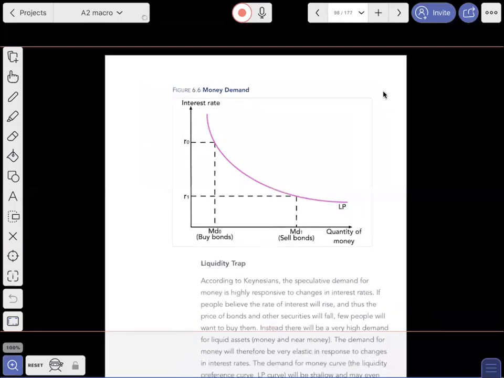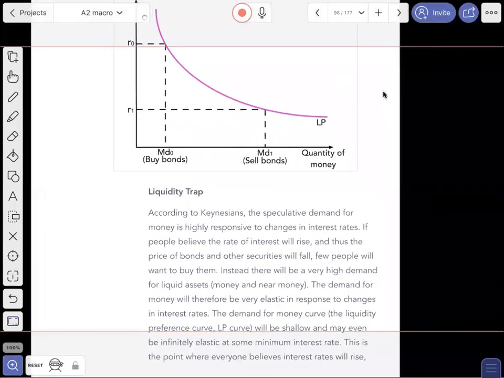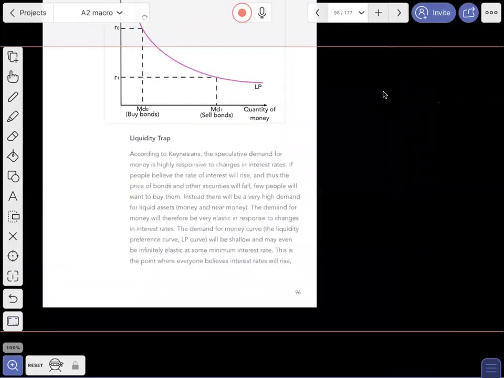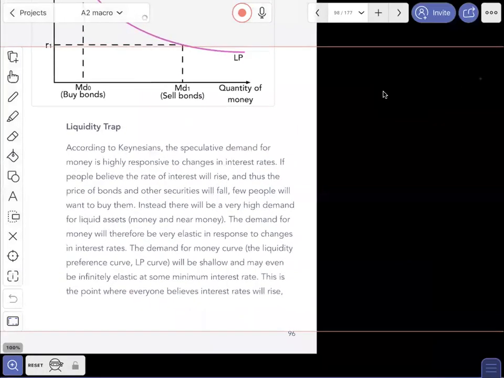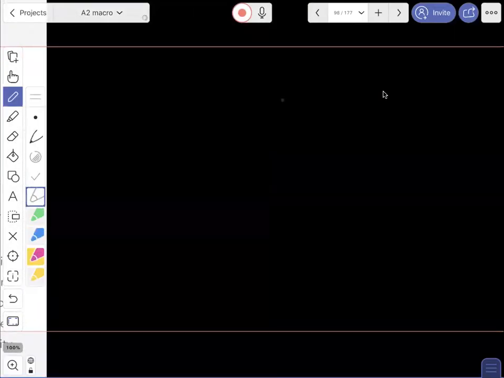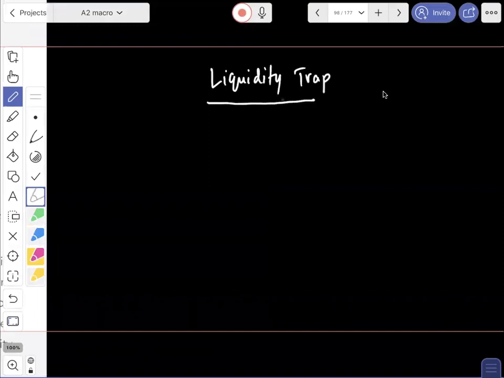Now I'm going to talk about a very important concept which is called liquidity trap. Okay, so let's write. I'm on page number 96, and we're going to look at liquidity trap. Liquidity trap, guys, is a very important concept. You will see a lot of MCQs, or sometimes even in an essay question you may need to talk about liquidity trap. Because the reason why it's important is because remember, until now,